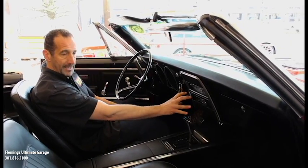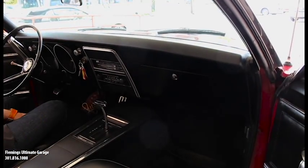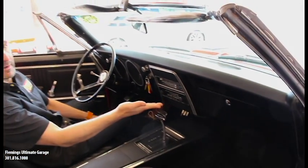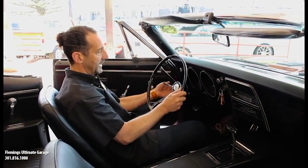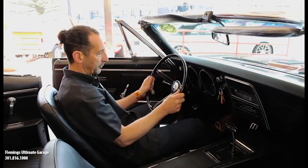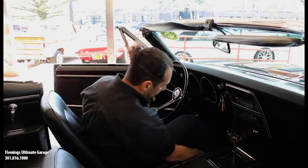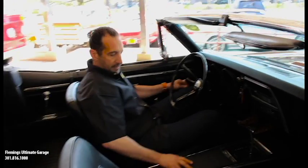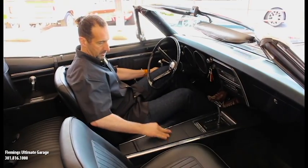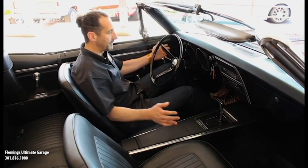Original AM radio right here. What you should ask us to do is put right in here a nice digital sound system, man. We put it in, it doesn't cost much money. You can stream your music right from your phone right to there, okay? Change the channels with it or whatever, and you keep the dash all stock looking, okay? And this has a nice new Super Sport wheel, the SS350 call out right here, okay? Pedal dress up on here, so it's a little bit nicer, higher end interior. Full factory console. This is a really, really nice car, not to mention it's matching numbers, but I did ramble